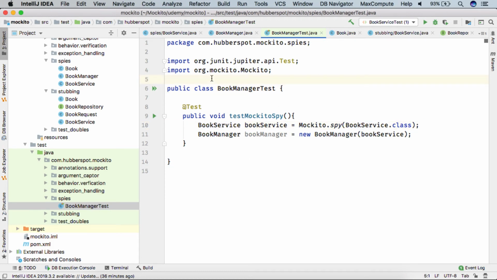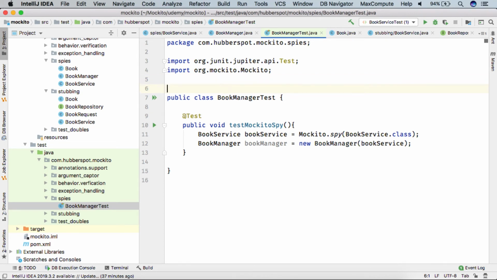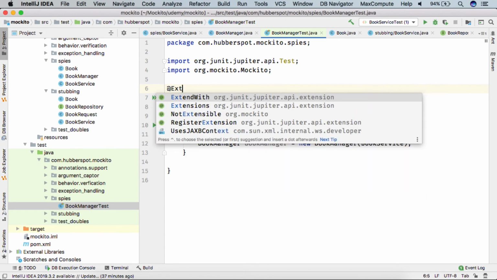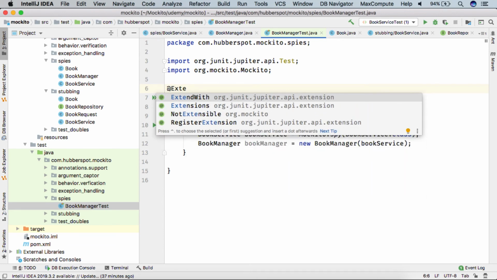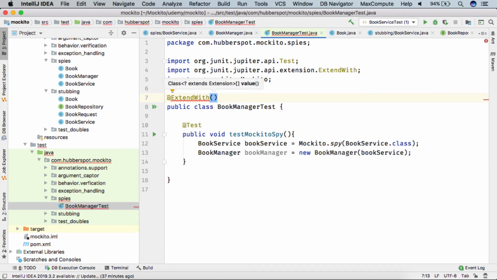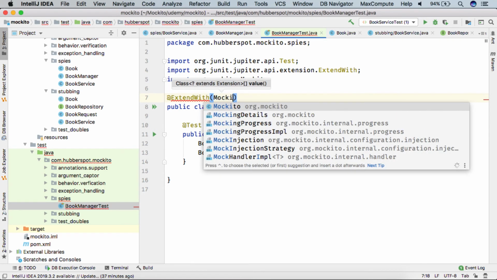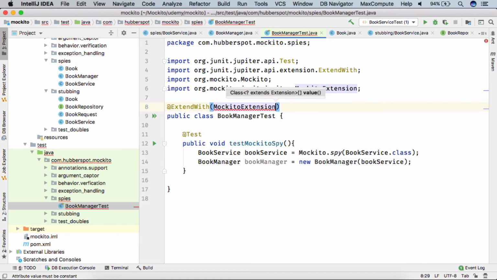In order to enable the annotations, we already discussed what we need to do in Mockito. In our previous lecture, when we created the mock and used the annotations of Mockito, we saw that we need to extend our BookManagerTest to use MockitoExtension.